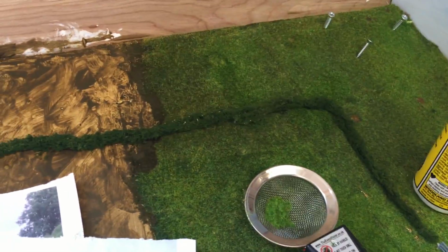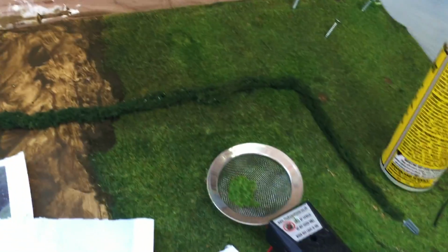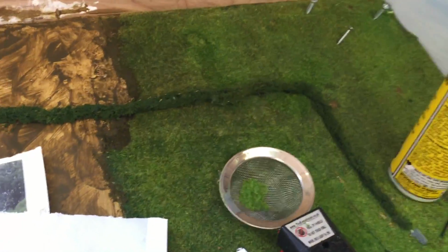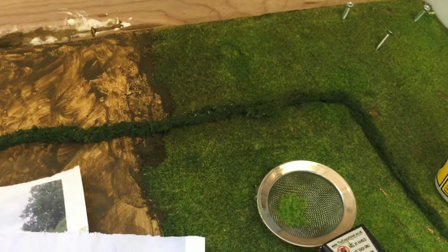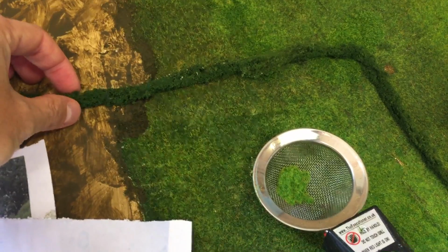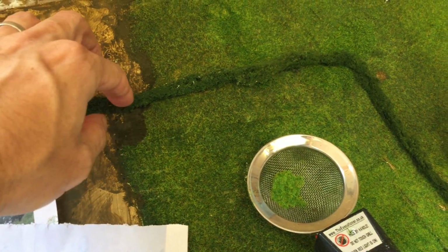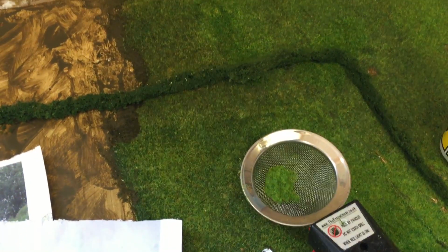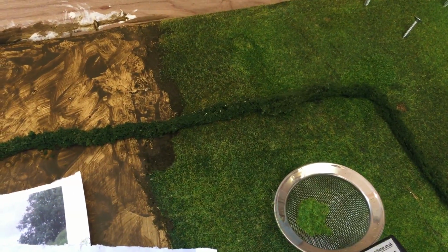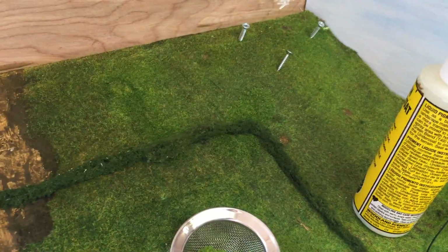And also I've started this sort of bushes, hedgerow that runs around this area, which will lead me on to a bit of a mystery. But yeah, I just made this with the Woodland Scenics foliage and put some runny, watered down PVA on it, and then put some fine turf scatter on to make it look a bit more realistic, and that's turned out okay. But you notice here by the gate it's very flat,